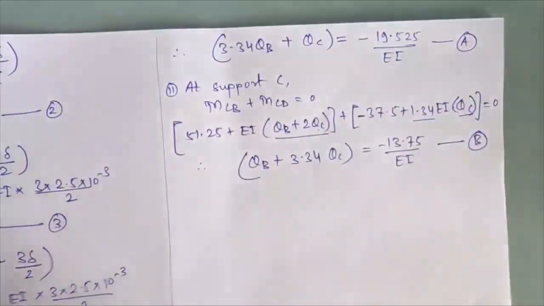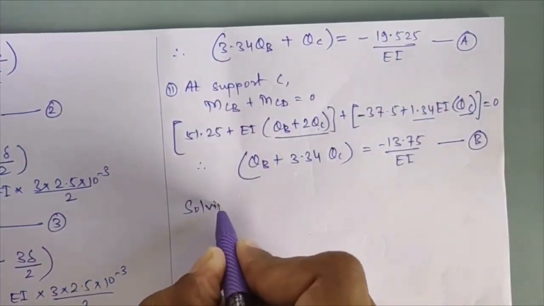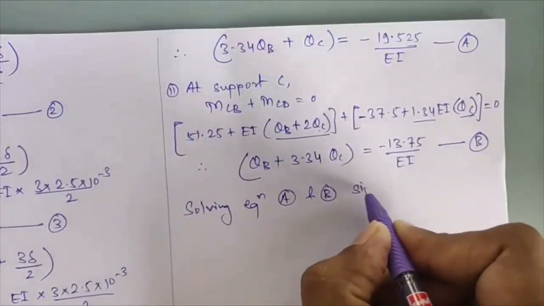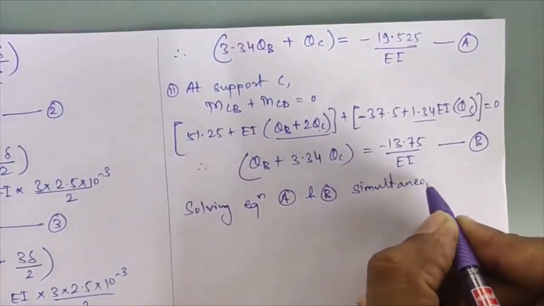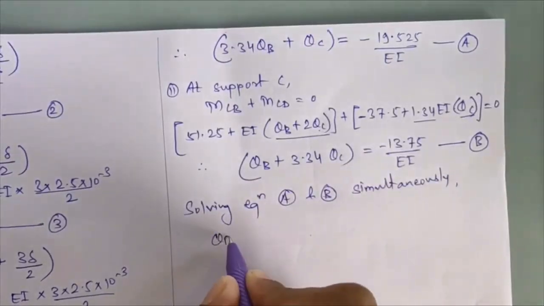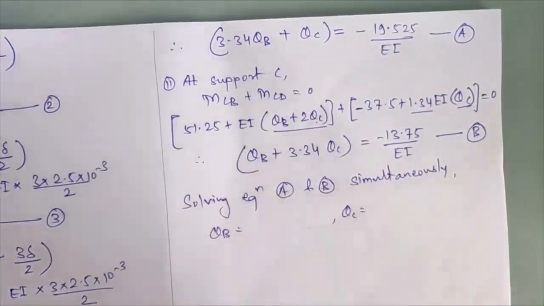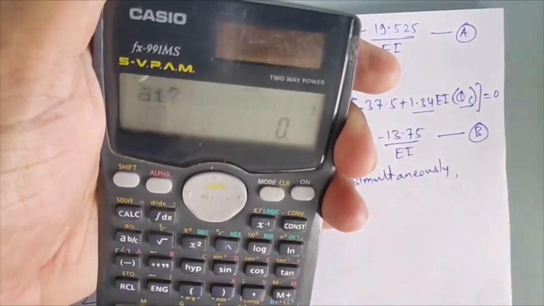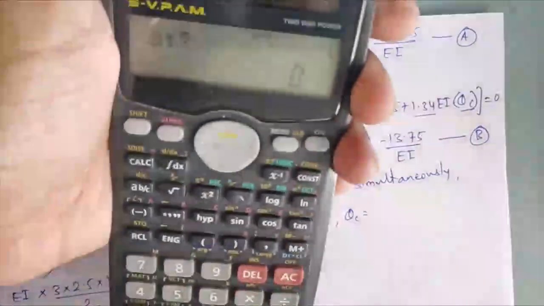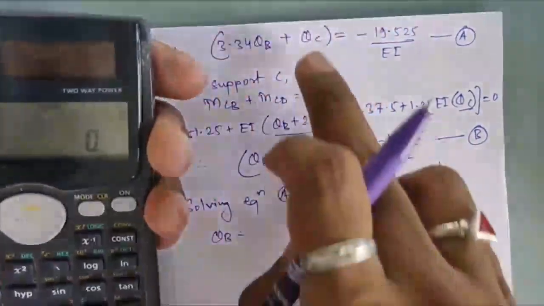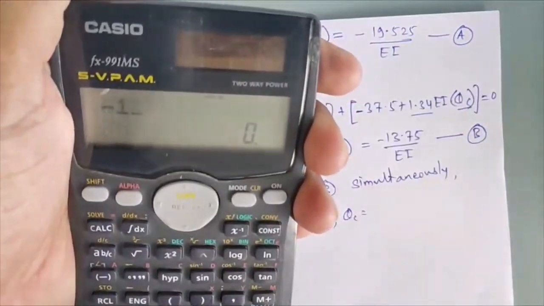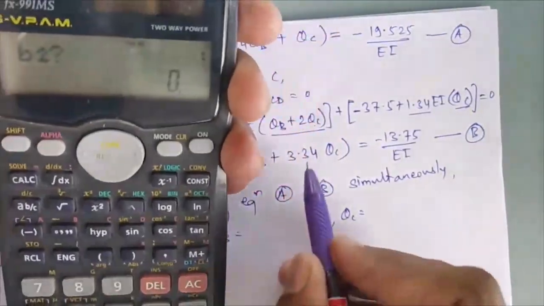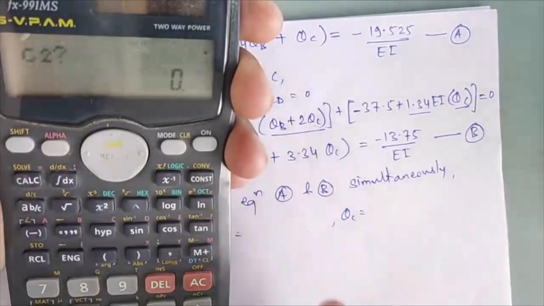Now I'll solve these two equations, that is solving equation A and B simultaneously for the values of your unknown displacement, that is theta B and theta C over there. Okay, we'll solve these two equations over there. Mode 1, number of unknowns here are 2, that is first term I am getting 3.34, okay, second term I am getting equal to 1, next minus 19.525, next second equation now 1, here I am getting 3.34,